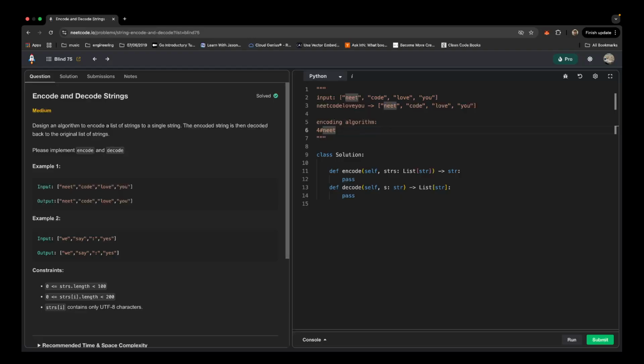So we have 4 slash neat, 4 slash code, 4 slash love, then 3 slash you. Something like this we will encode,